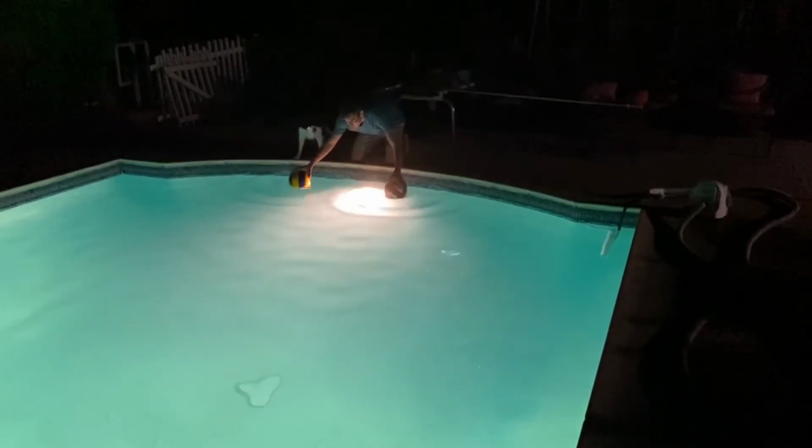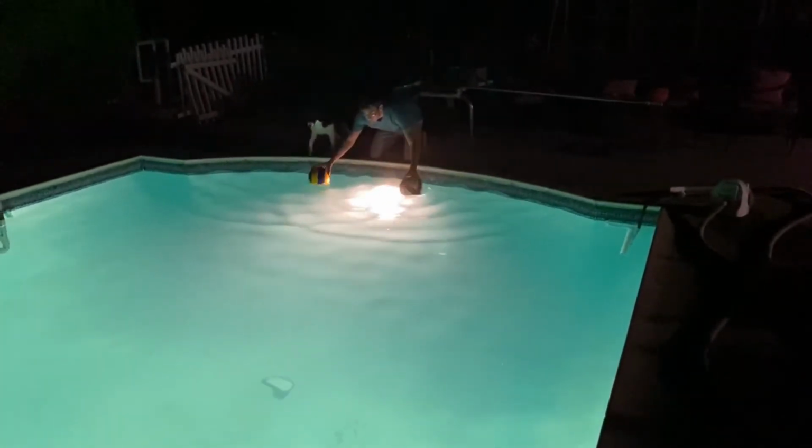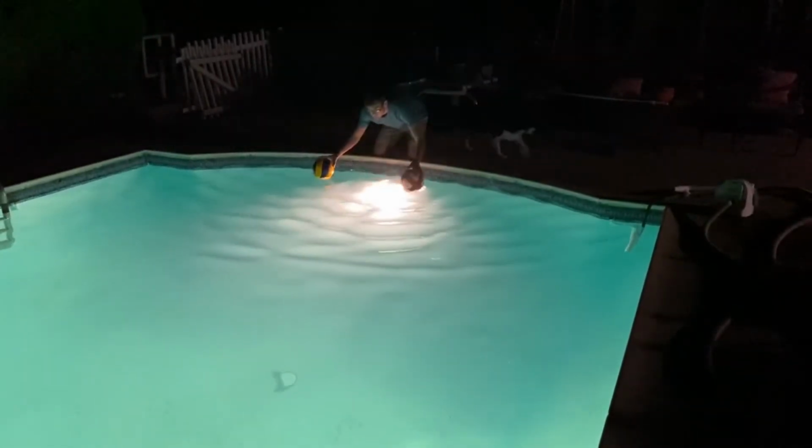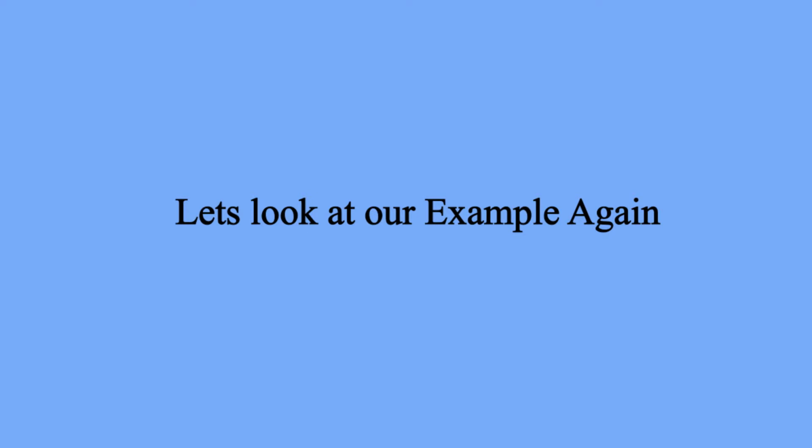We see that at the very beginning, once we start making waves with the balls, the waves are kind of close to the balls and not crossing over each other. But once we start sending them out a little more and we see that they're traveling out, we see that the waves the balls are creating are crossing over each other and interfering. So let's look at our example again and try and see what's happening in our original video.